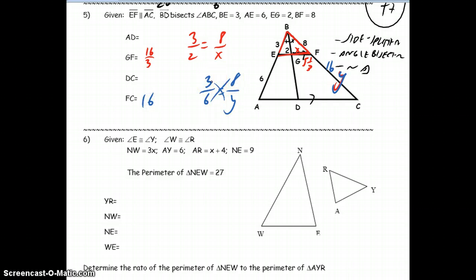So if that's 16, then we try to figure out, oh, it's this part, 80. So, right. So we're trying to find. So I'm going to use from the little triangle up here because we know they're similar that way. I'm going to use 3 compared to 2 in the little triangle. So you're going to what compares to